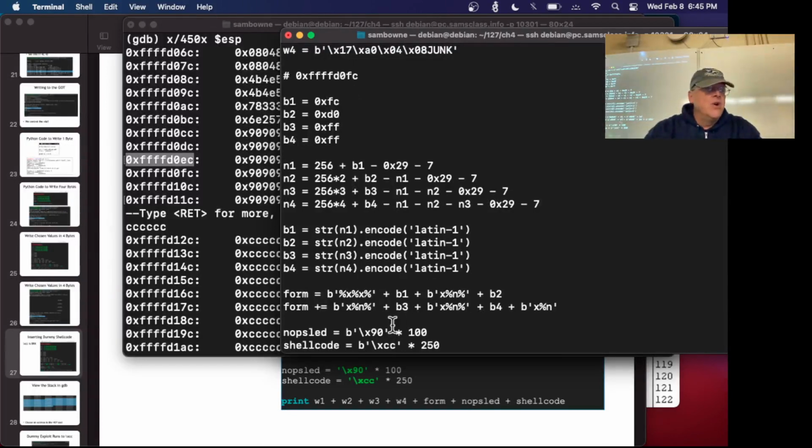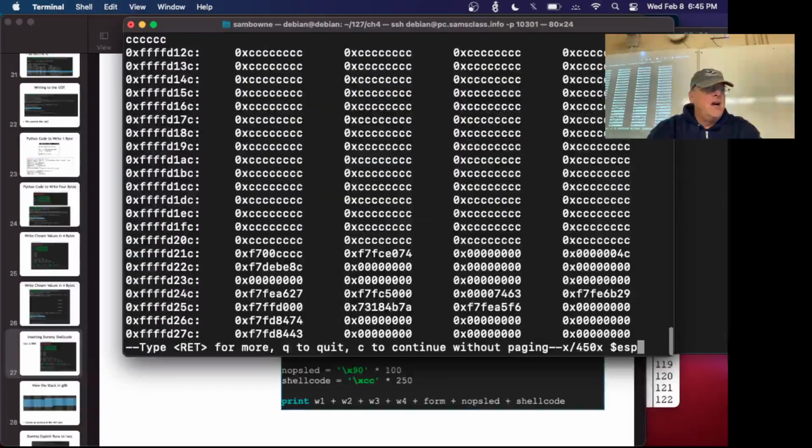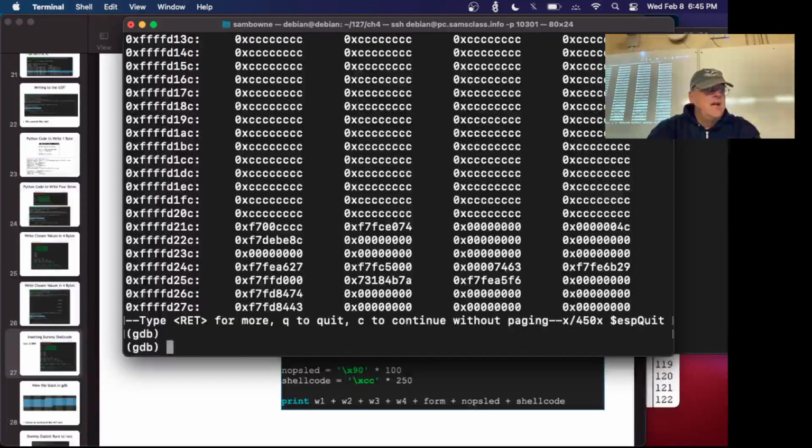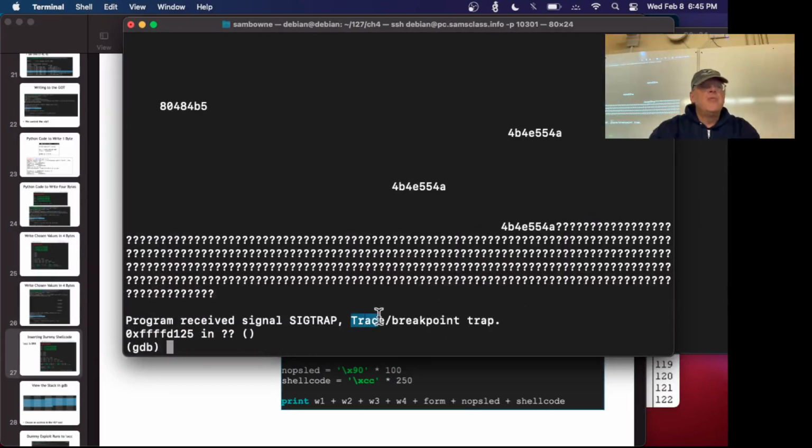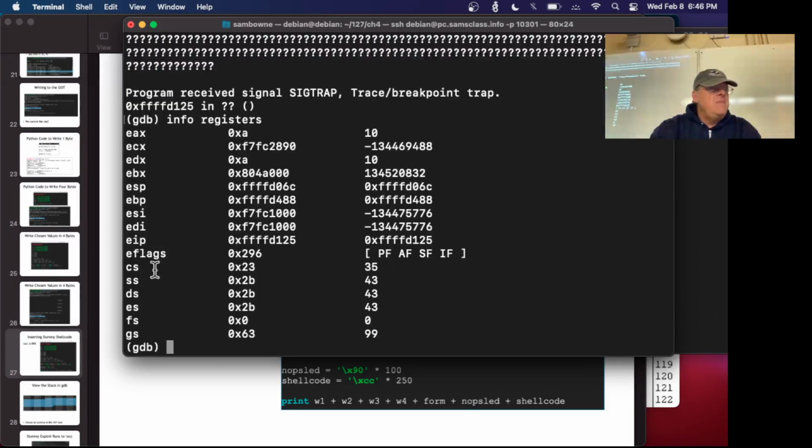So let's see if this one works. I just give it, okay. Now I want to run it with F4. Yes. And see, it ends with a breakpoint trap, which is very good. It didn't crash. It hit a logical breakpoint. If I do info registers, the EIP is at that location,